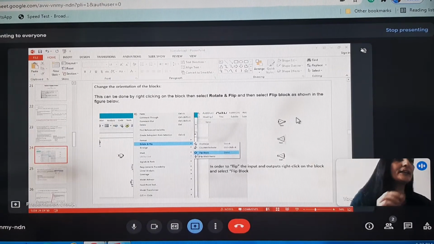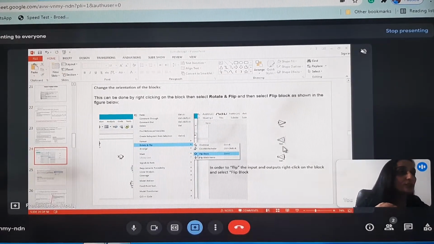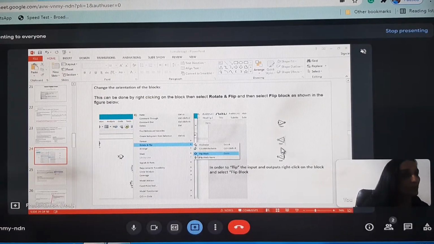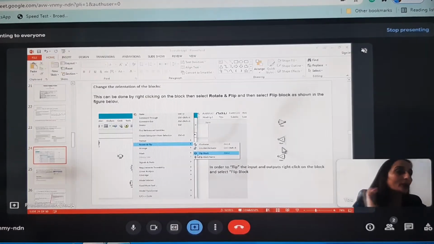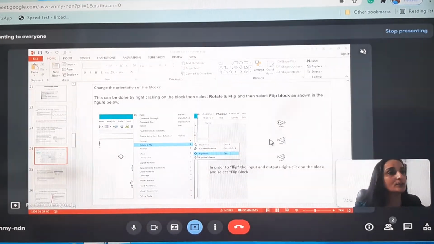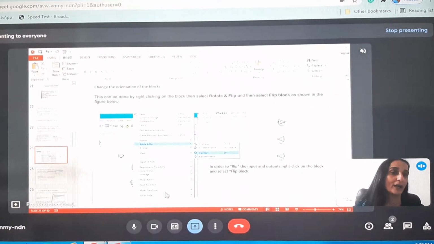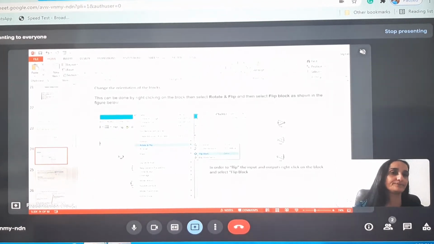You may need to flip blocks when you are using them in feedback loops. When you have to model feedback loops in Simulink, then it may be required to flip the blocks. This is the context sensitive menu.